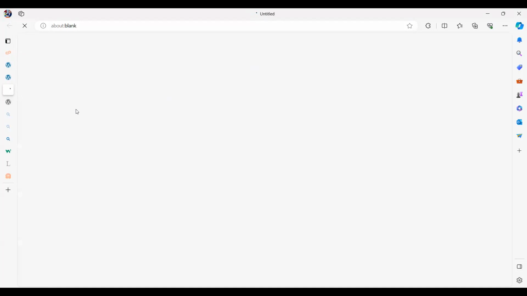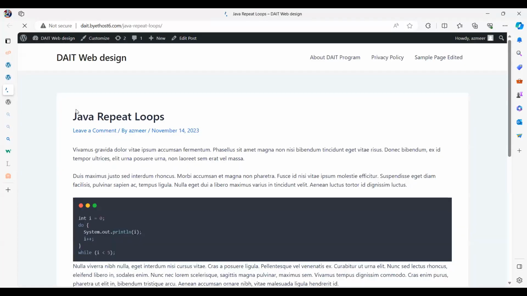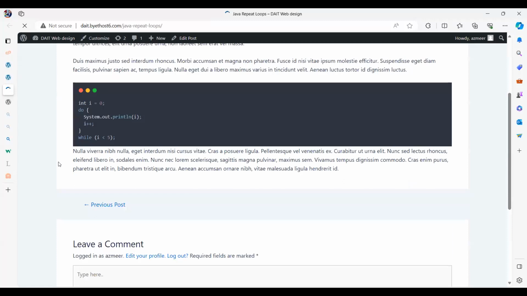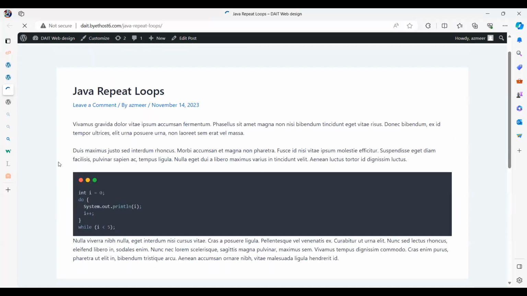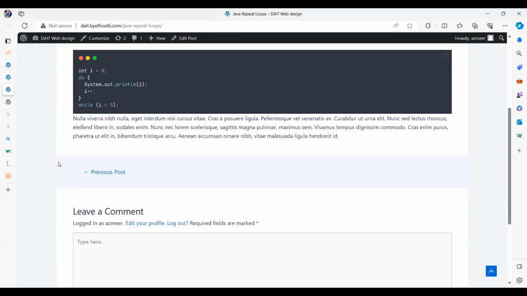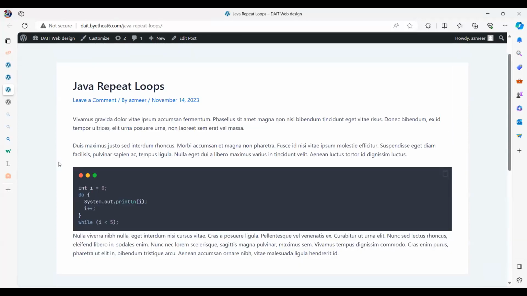I'm trying to view the post. Let me see where I choose tags. No, it is not showing the tags. All right.